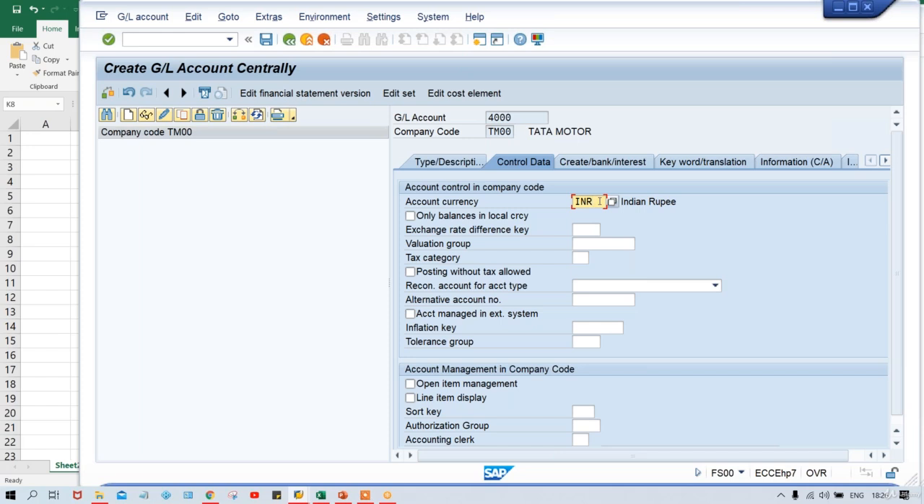Now, even if you want to set up a GL account in a different currency, it is possible. You can set up in a different currency also. I mean to say, apart from your company code currency, if you want to set up a GL account in a different currency, you can set it up. Okay. But again, let's suppose